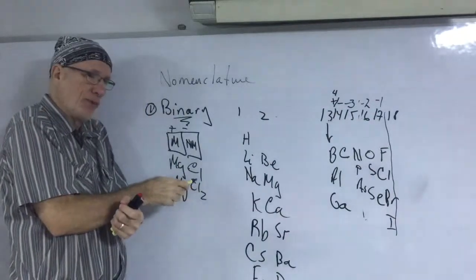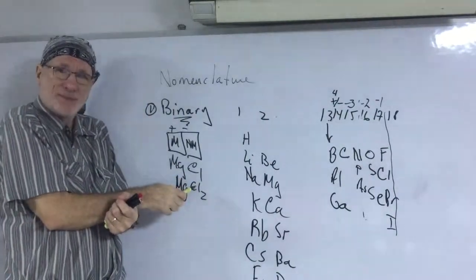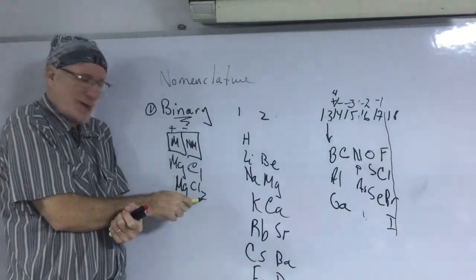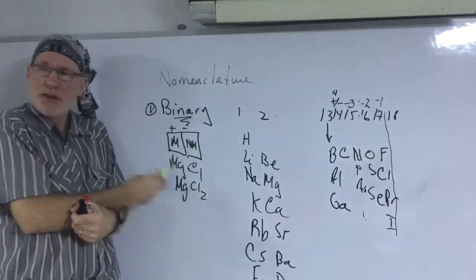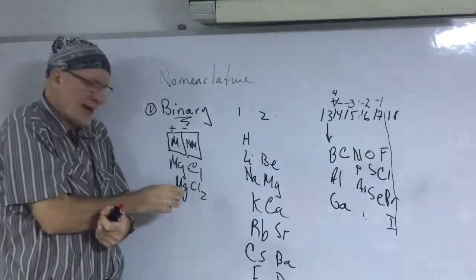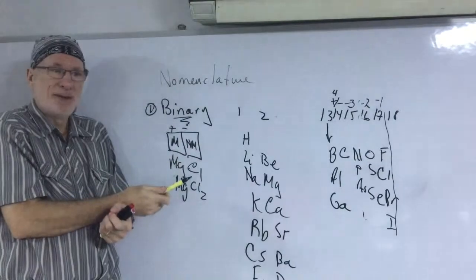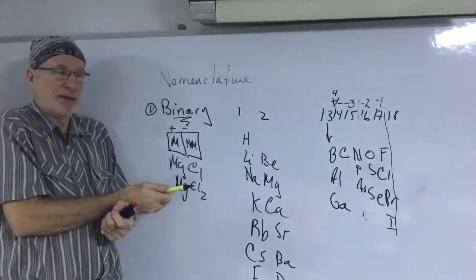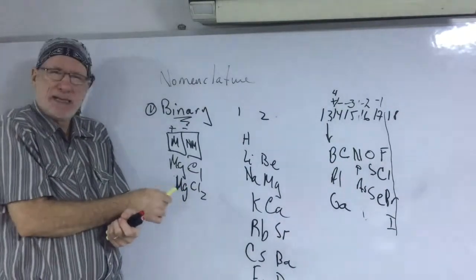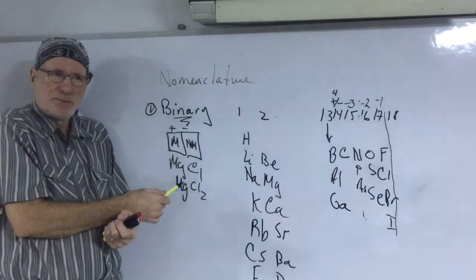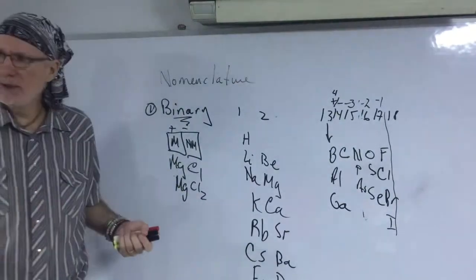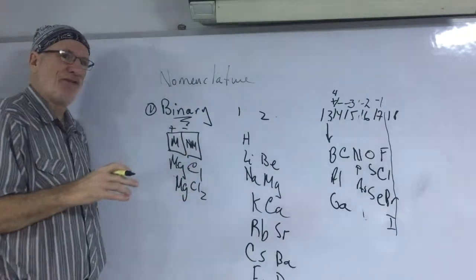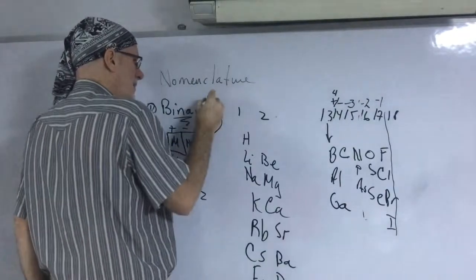The way you indicate the number of atoms in a formula is using a subscript. So the way I would read this, MgCl2. That's how I would read it. If somebody said to you, what chemical is that? I'd say MgCl2. Or you could say, how do you name it? Anybody know how to name it? Magnesium chlorine? Magnesium chloride, yeah. You have to modify the ending of the non-metal